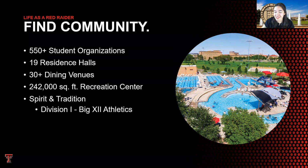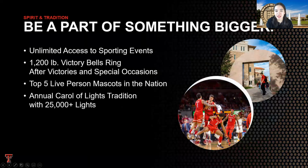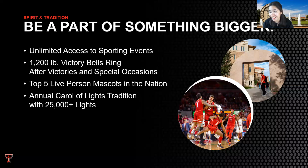And then this last part is my favorite part, all about spirit and tradition. At Texas Tech, and this varies with different institutions, but for us, you have access to sporting events, basically all of our home games and everything happening on campus. You have access to that because it's included in tuition and fees, meaning that all you have to do is show your student ID, they make sure it's you, and then you're free to go watch